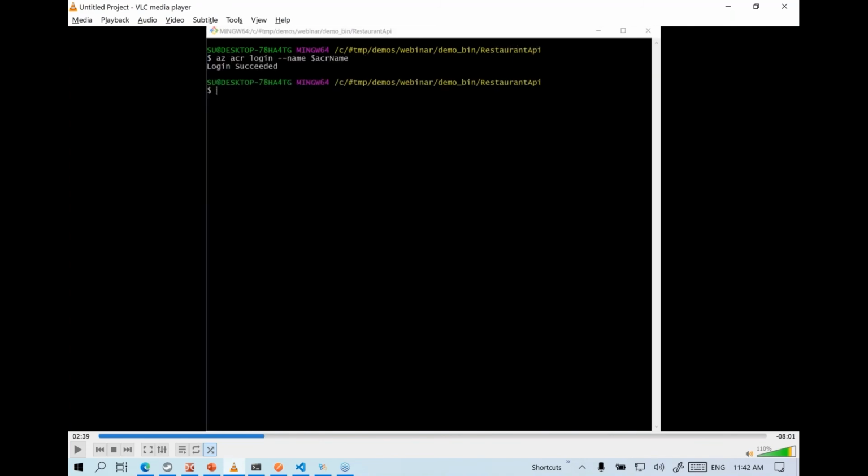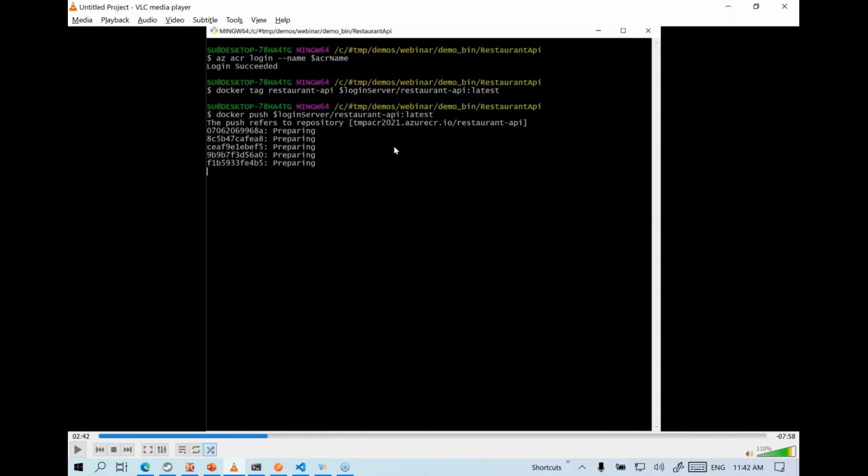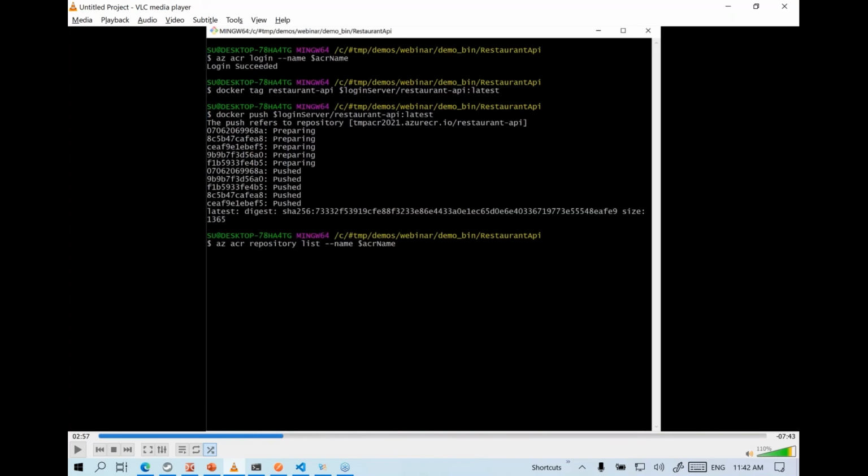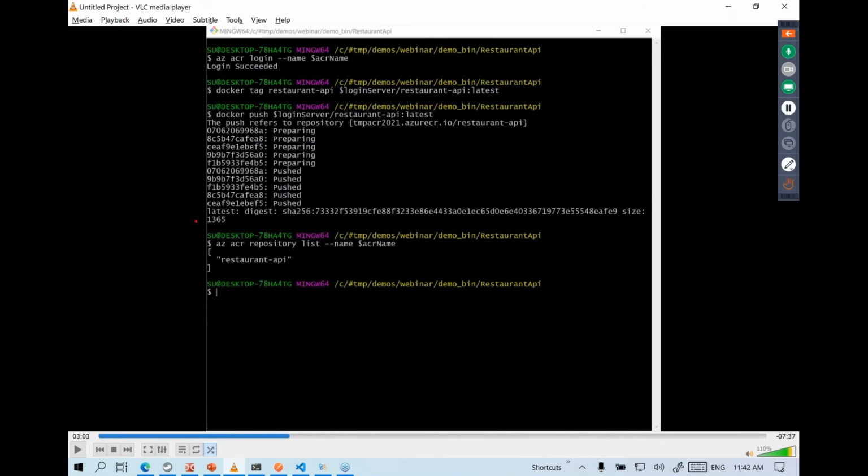And to verify that you have the images pushed to Azure, you need to first of all log in to ACR by using the az acr login command. This will log in this particular command line session. Actually, we are done with the push; I ended up reversing it a little bit. If you want to view the images that you have pushed, currently we have just one, you can use this particular command, az acr repository list. It will show you what images we have pushed from the local machine into Azure.